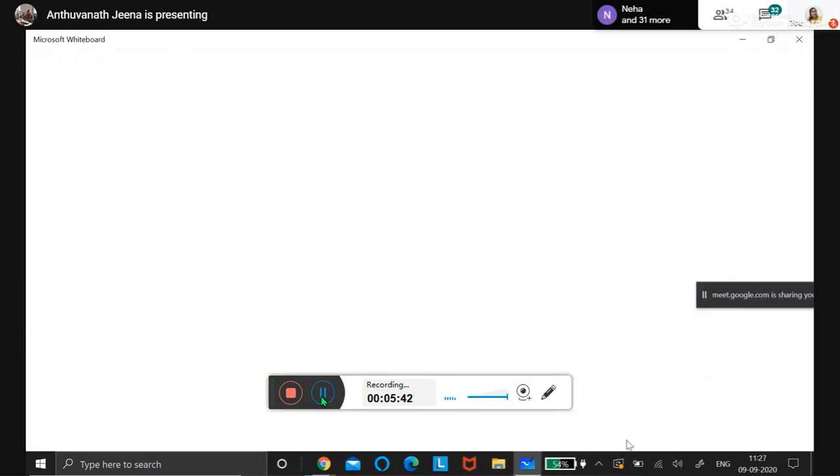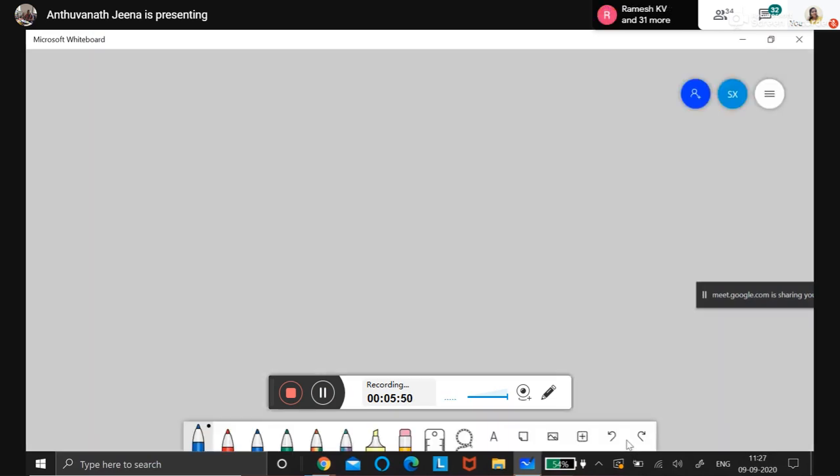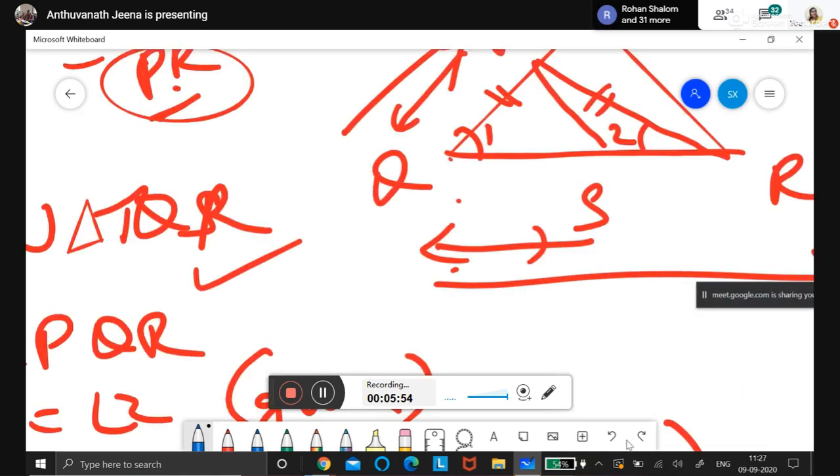Midpoint is there, no? Midpoint is E. So what happened? AB by PQ should come from the given only. Start from the given and you need to prove. One minute, take your time to come back.